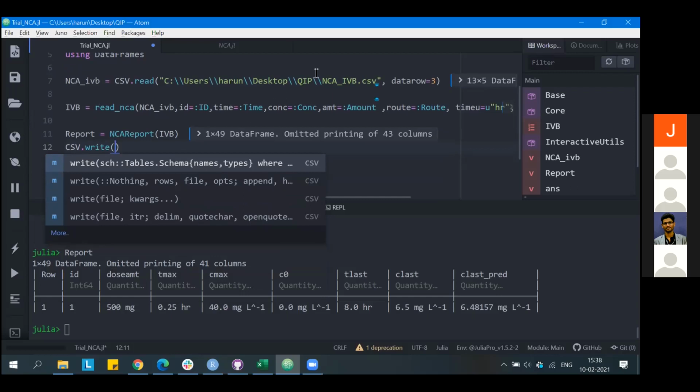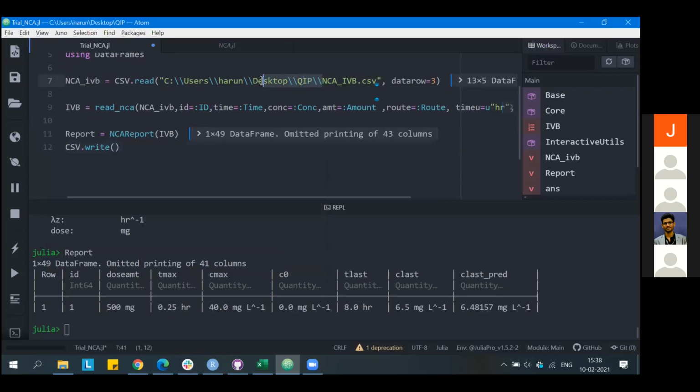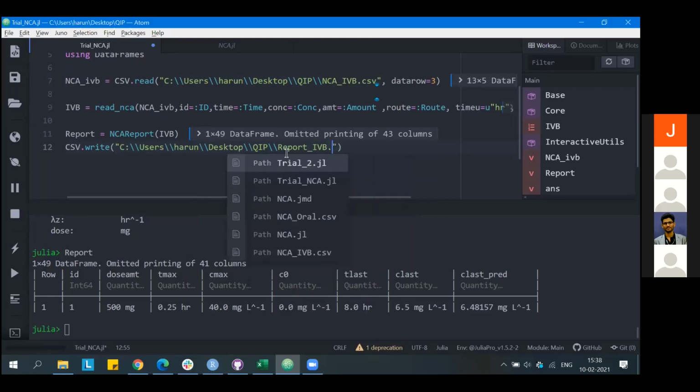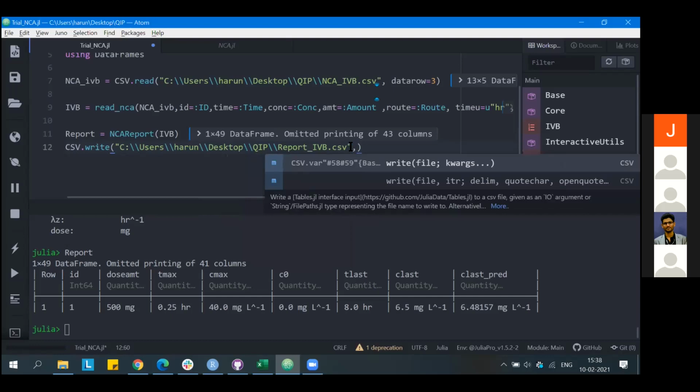So what we can do is use the same thing, copy the same file path, mention it here, and give a name for the report: report_ivbolus.csv, which is the thing that you want to export for your report.